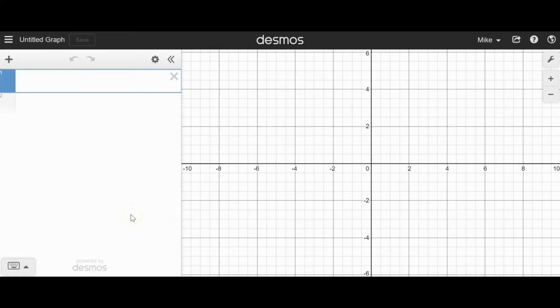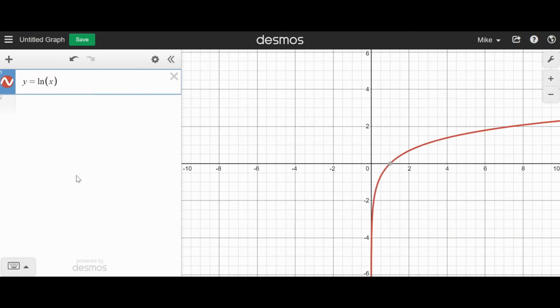Okay, so here we are in Desmos, and we don't have to modify the graph at all. We're not going to do anything really visual except for find a single point. So all I have to do here is type in y is equal to the natural log of x minus 2, right? And now we know that we're setting this equal to 0. So all I have to do is go along the x-axis where y is equal to 0. And see this dot over here? Just point at that dot, and that gives me my answer. My answer is